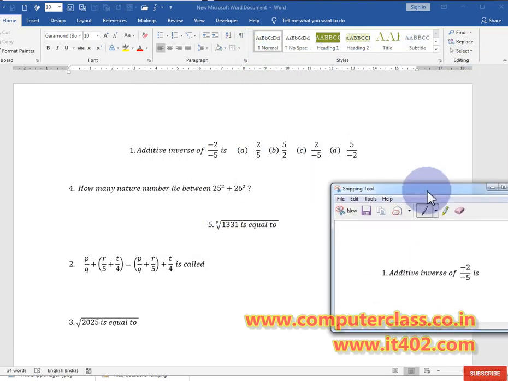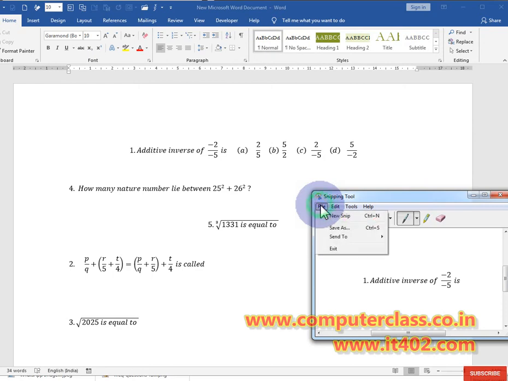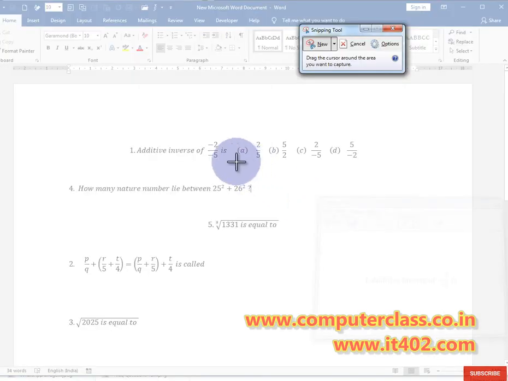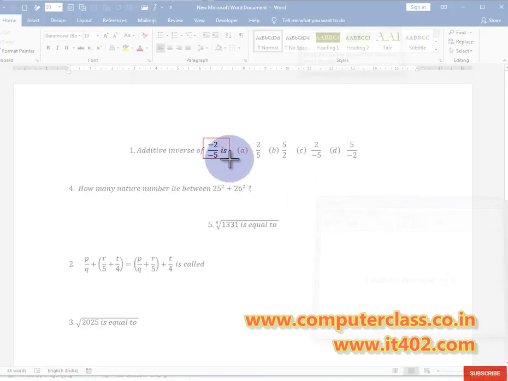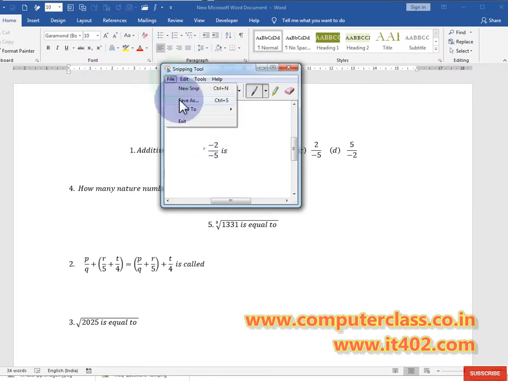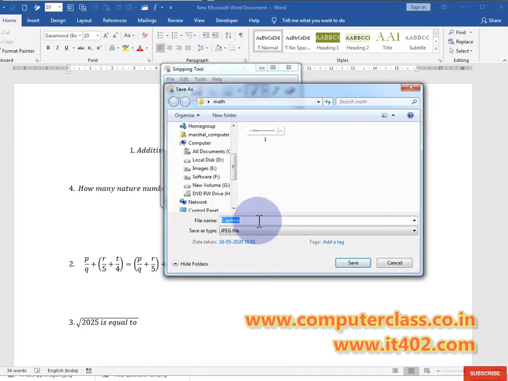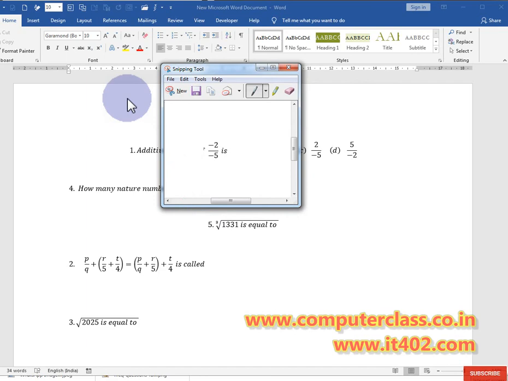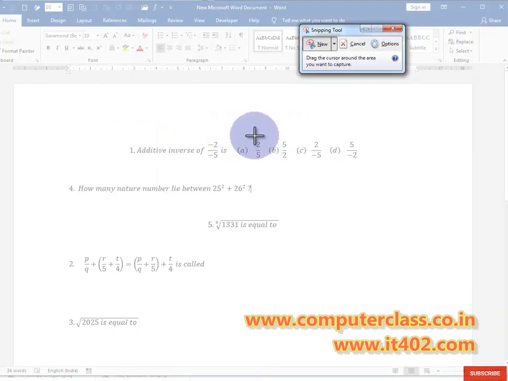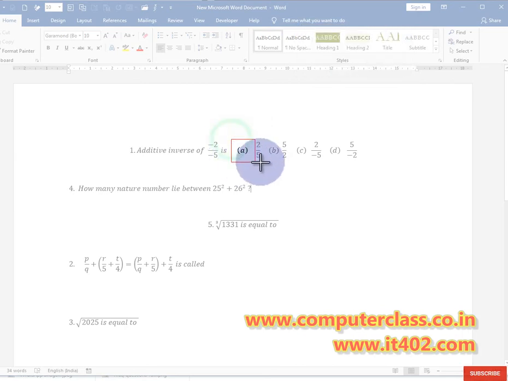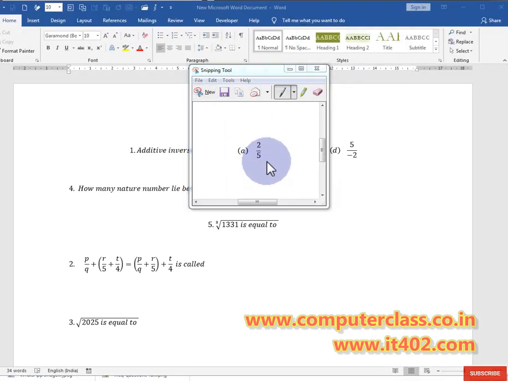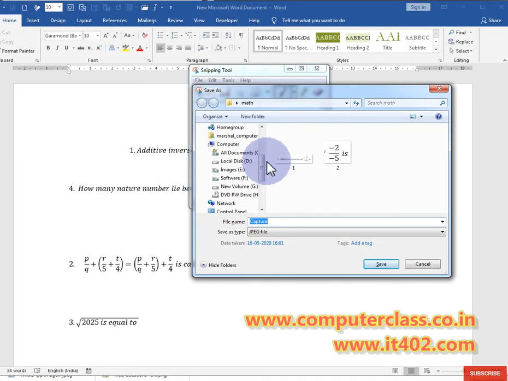After that, again come to the Snipping Tool, click on the file menu, new snip, take the picture from here, save it, click again, take the picture from here, like that. You can use the Ctrl+C option also.